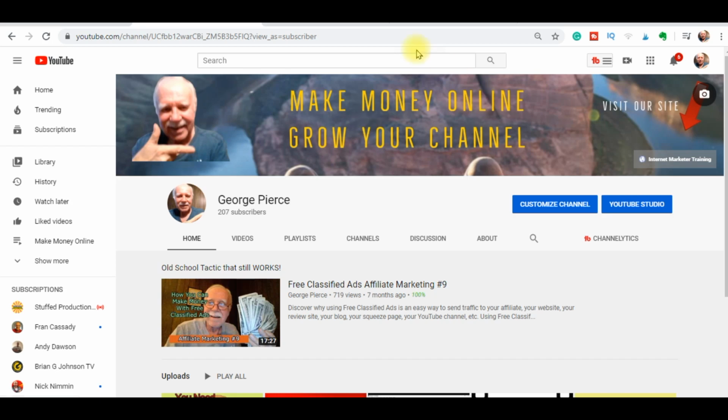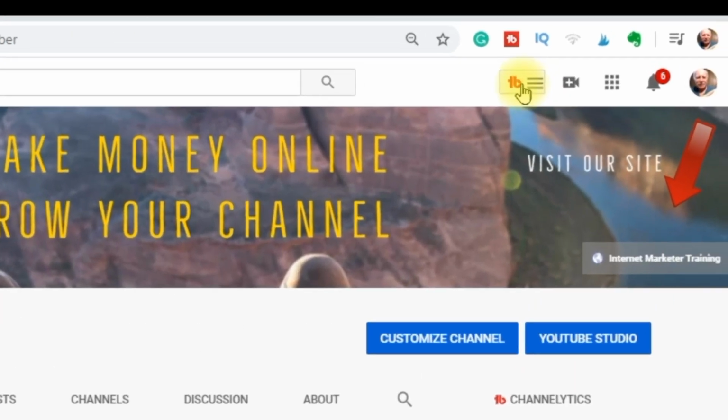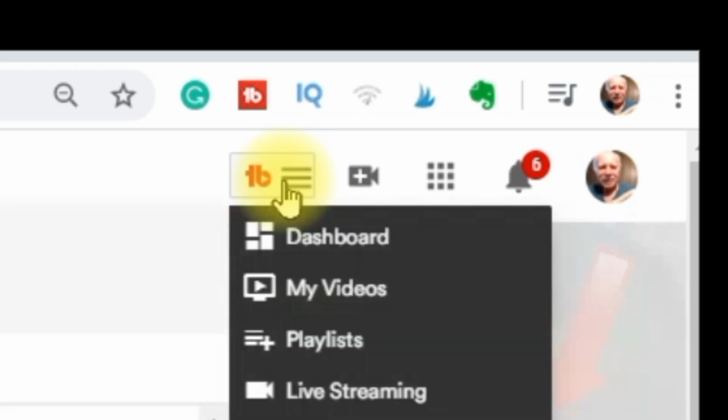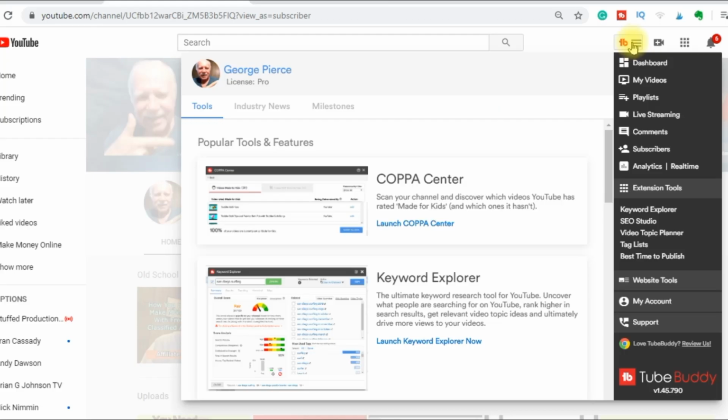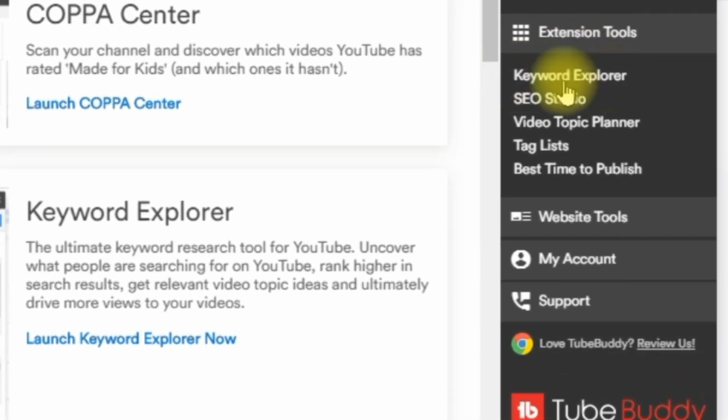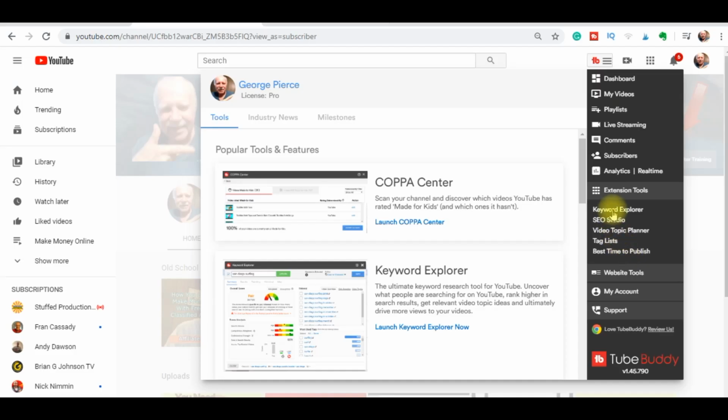I've taken us to YouTube, and this is what it's going to look like once you install TubeBuddy. This is what you'll click on in order to access TubeBuddy. And then what we're looking for is one of the tools called Keyword Explorer, and you can get it here as well as here. A whole suite of tools and so on, of course, that you get with TubeBuddy, even